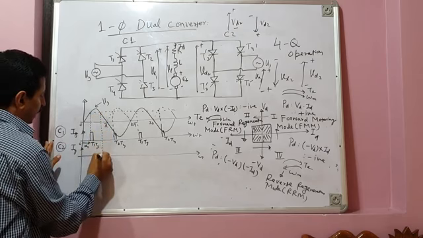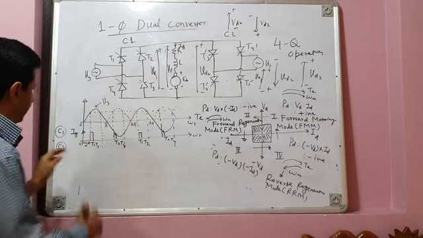Fine. Now, firing pulse pattern is already clear to you. Let me rub it, because I don't have enough space here. Let me rub it and draw the other waveforms. I advise you not to rub these. You take the full sheet, and other waveforms will follow these waveforms. Since I don't have enough space here, I will rub these firing pulse patterns, but I already know my firing pulse pattern from these lines.